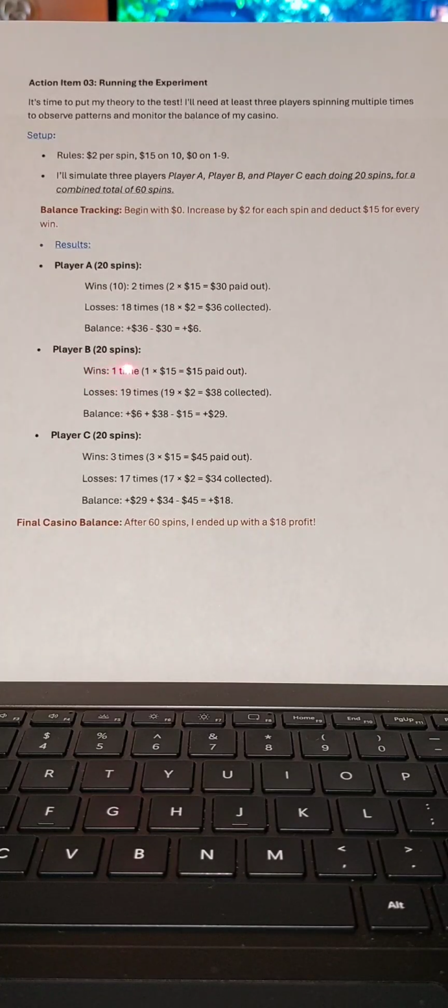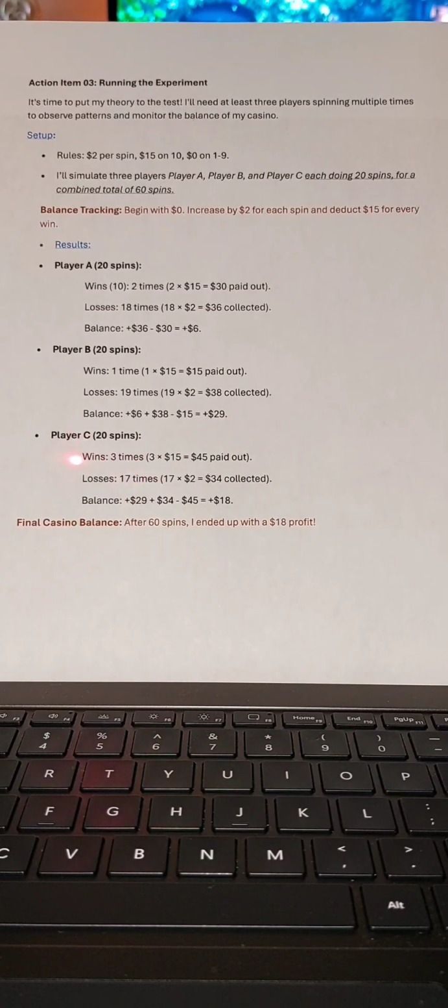Player B, 20 spins, wins 1 time. 1 times 15 equals $15 paid out. Loses 19 times, 19 times $2 equals $38 collected. Balance is positive 6 plus $38 minus $15 equals